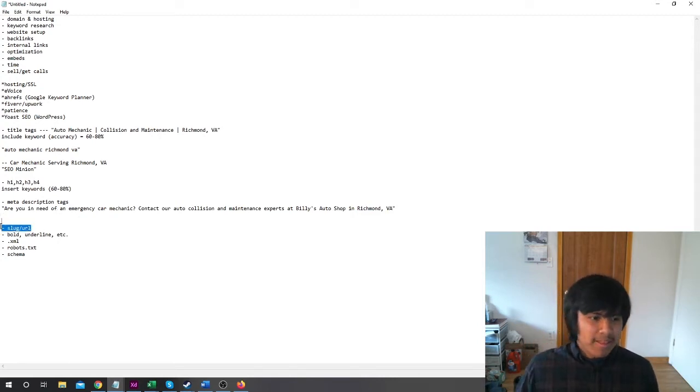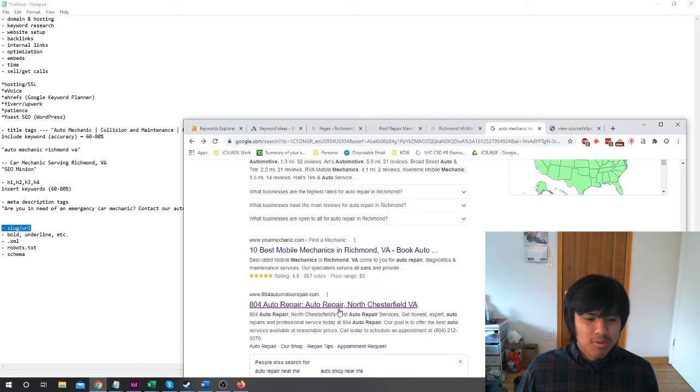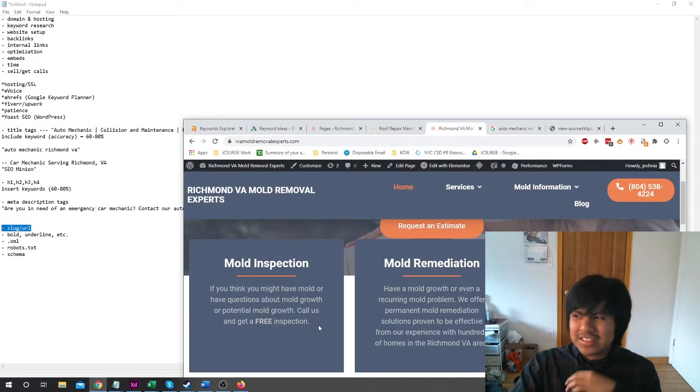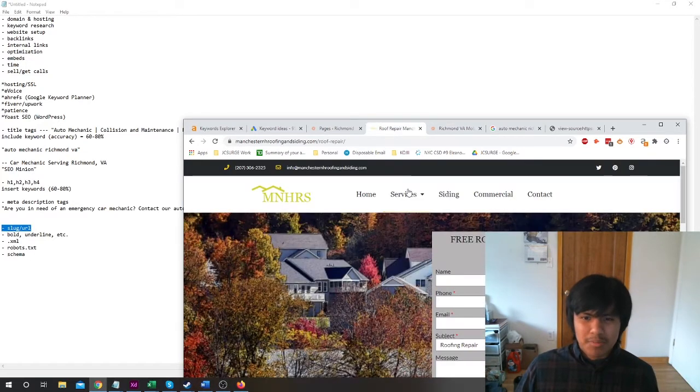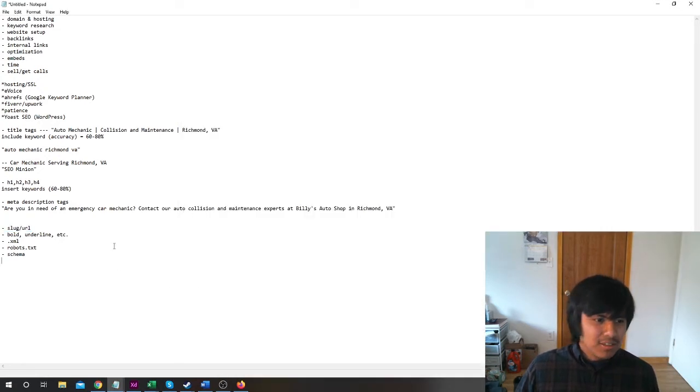points for. And the last thing is you need to build some pages. You want to build maybe 3-5 pages. So if we're doing the car mechanic example, and this is exactly what I did, this is 100% what I did. Roof installation, roof repair, roof maintenance. I'm not giving you nonsense. So slug and URL should be something like